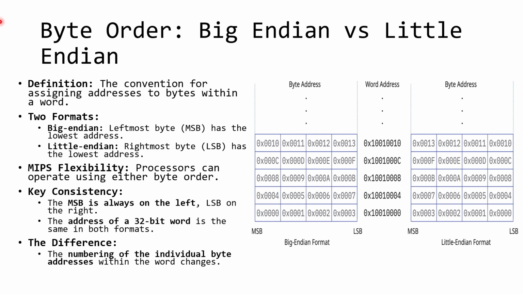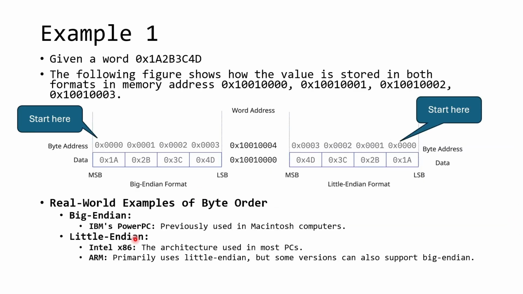of the byte order. The difference is in the individual byte addresses. If it's using big endian, the reading or the address would go from the left side to the right side. And for little endian, it would be a different format. For example, given a word 1A, 2B, 3C, 4D. For big endian format, they would be placed